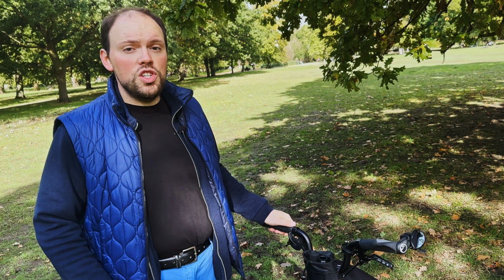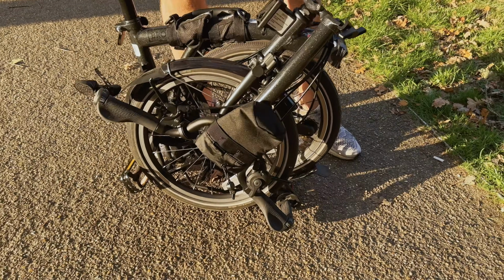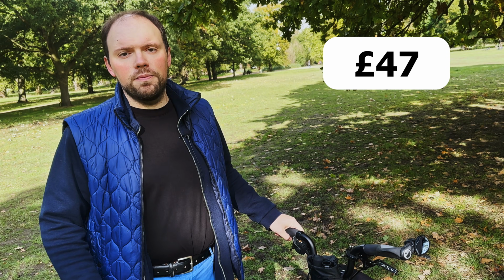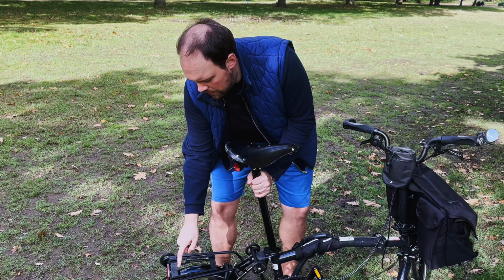I ended up using GP3, which is this guy here, which should fit 3 fingers on the horn. And the good thing about them, they absolutely don't mess with the folding process. The price for the pair was around £47. One thing to mention though, if you don't have advanced roller rack, which is this guy here, and I'm gonna